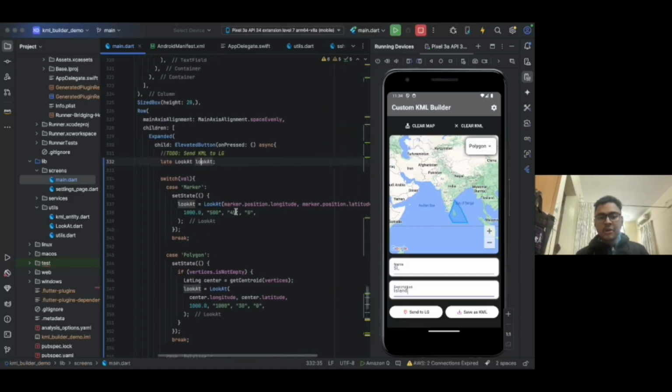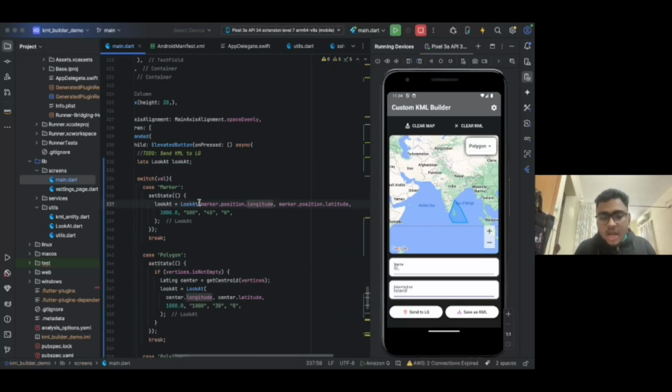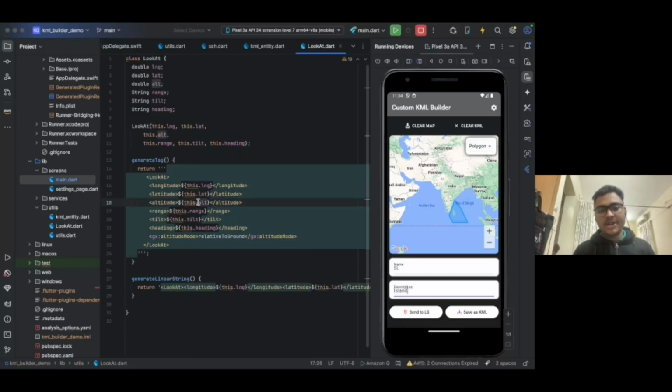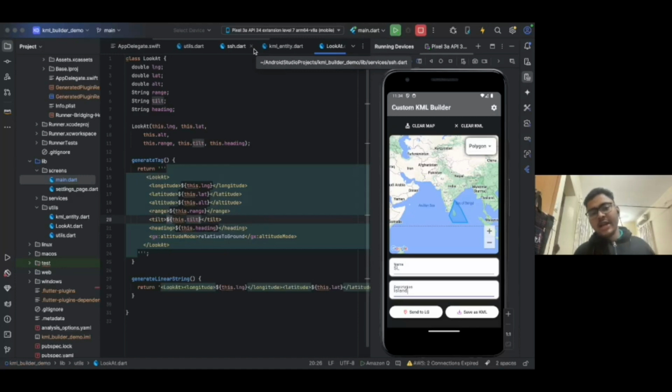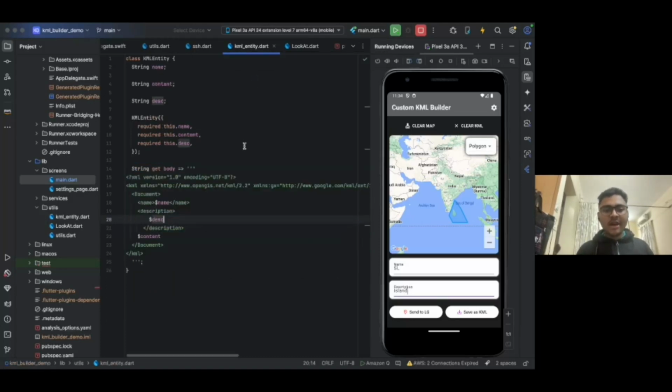You can edit it according to your convenience, but what I have done is taken a bunch of default parameters that might be good or not good, but I have taken them just for demonstration purposes. We have the look at object, which has the longitude, latitude, altitude, range, tilt, and heading, which we have previously shown while creating a KML. So I will be exploiting it using our very own KML entity to change its content, provide the name and the description